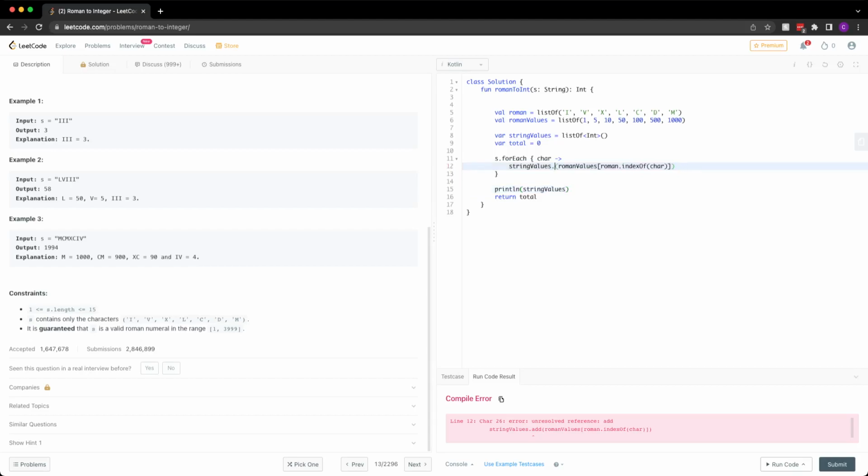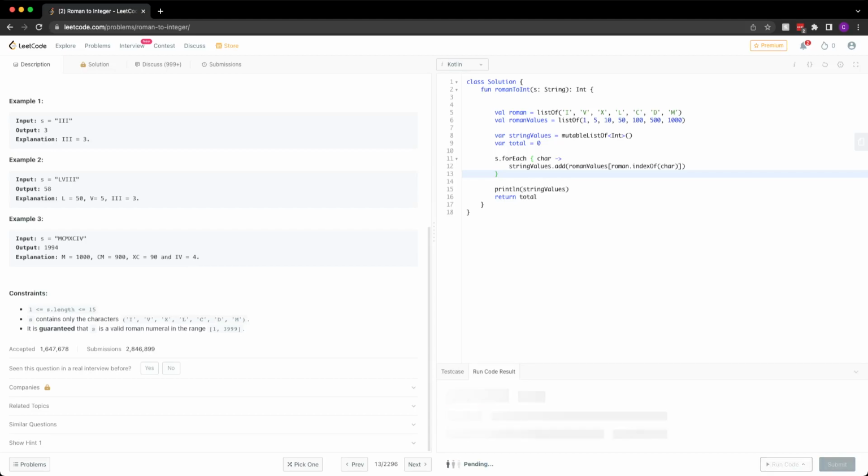Unresolved add, right, it needs to be a mutable list. We should be able to use add. There's multiple kinds of lists in Kotlin. You have list of, you have mutable list of. Added 111, which is right. Okay, so this is adding into our string values correctly.